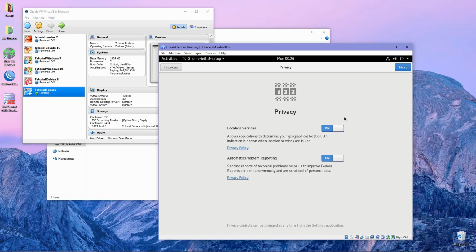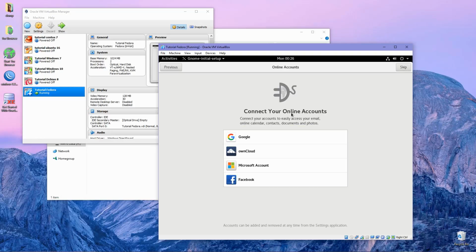And here for privacy, you can set all privacy to off, or you can set it on, whatever you want, and click next.